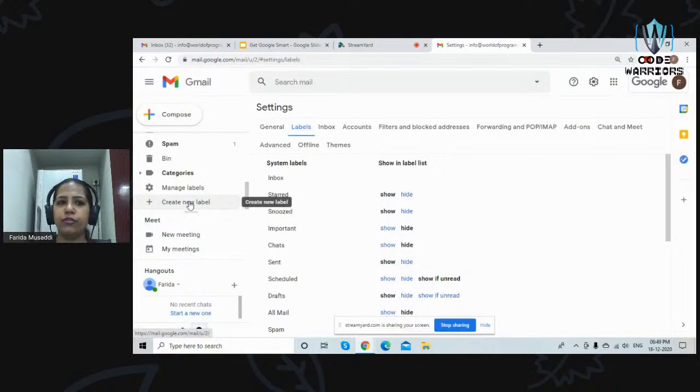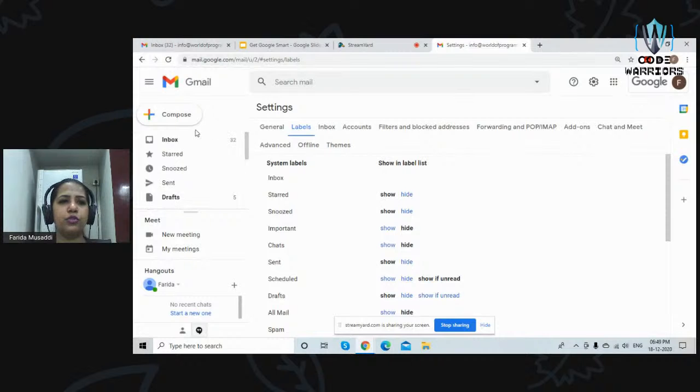Similarly, you can create different labels. Let's say office, so all your office emails will go under that label. Whenever you click on office, you will see all the emails from there. You can have labels such as private, spam, shopping. So whenever you get emails from shopping websites, you can put them over there. So like that, you can arrange your emails however you want. So these are certain in-depth settings which you can of course explore.